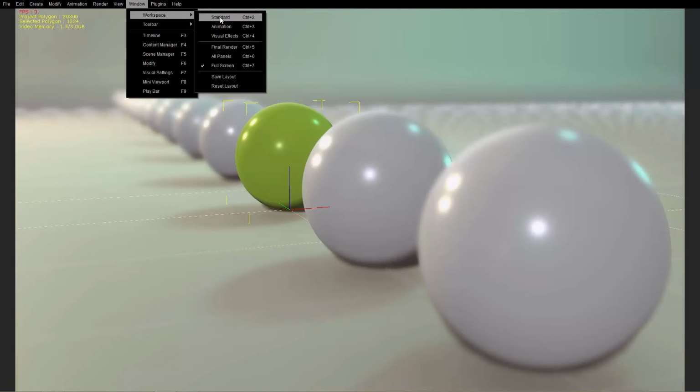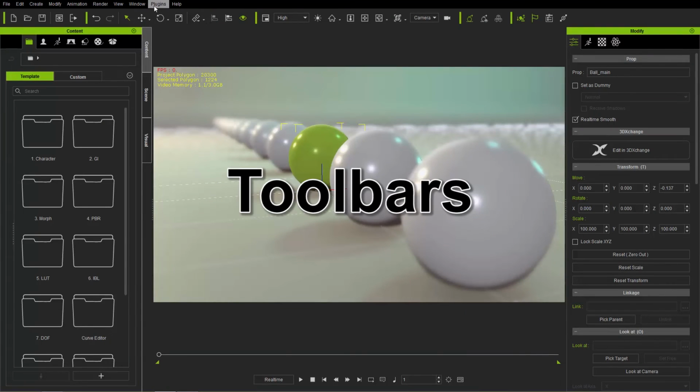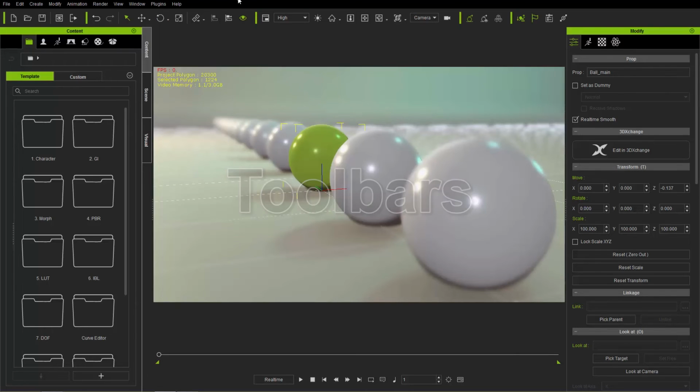Okay, let's go back to the standard, which I normally use here, and go to Window and Toolbar. So there's a number of different toolbars here, which are right under the File menu. Okay, so right here, this is your new project, open, save, and this one here is Current Frame Preview. I often use this for getting a preview of your current scene. It just quickly exports an image of your current frame. Okay, and this one is also Render. Okay. And there's undo, your standard navigation stuff here, move, rotate, scale for your props.